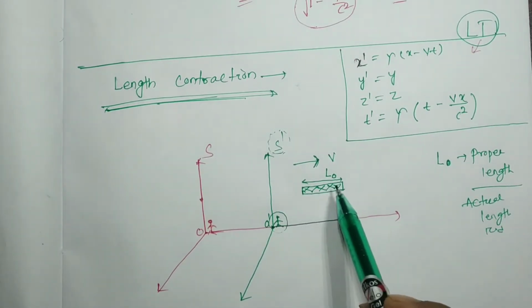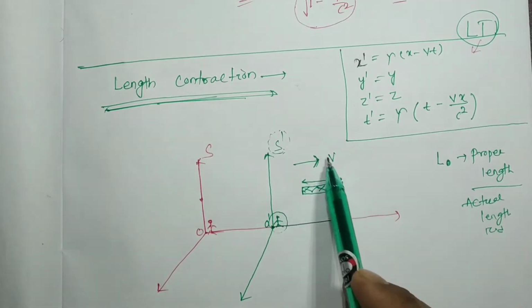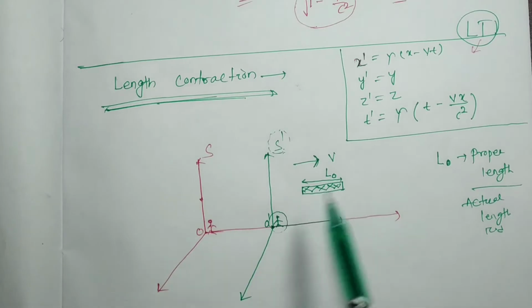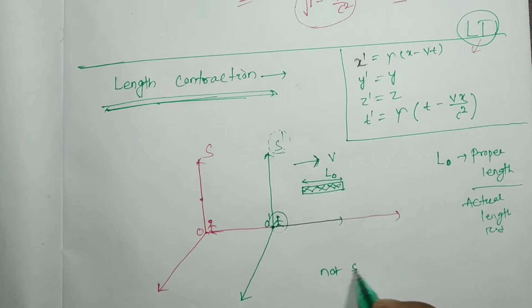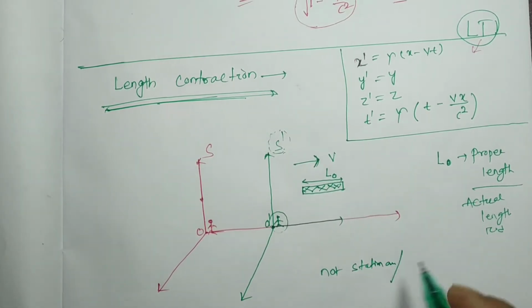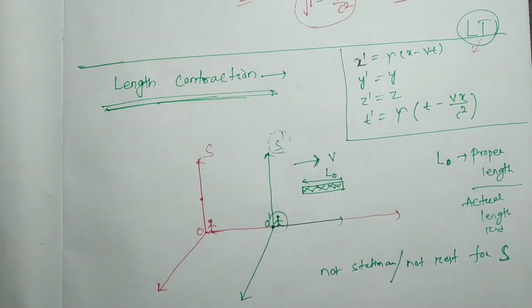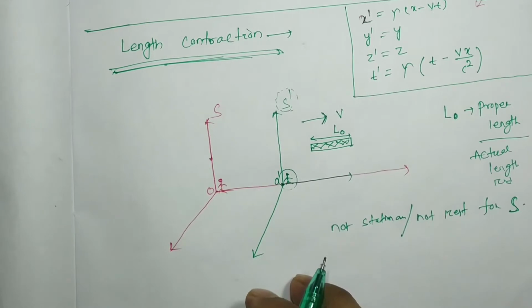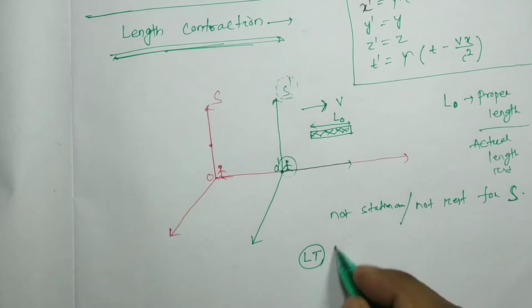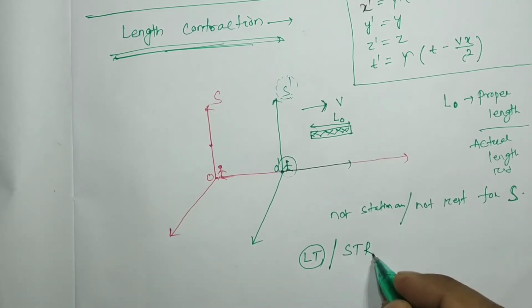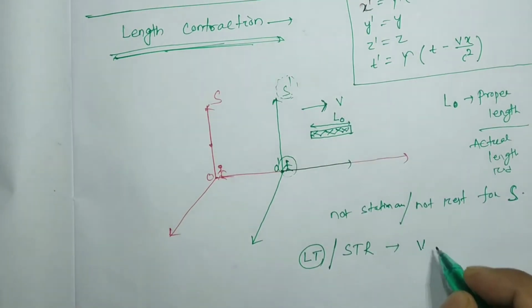This rod is stationary for the S dash frame, but as this frame is moving with velocity v with respect to S, this rod is also not stationary, or not at rest, for the S frame. So according to the Lorentz transformation, or the special theory of relativity, if this speed v is approximately c,